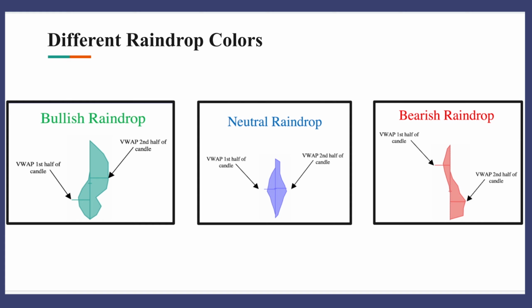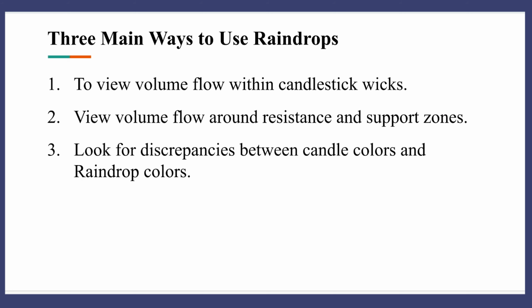And this would be no different than your close with this right bar lower than your open, which is the left bar. So there's really 3 ways to use raindrops: looking at volume flow within candlestick wicks, viewing volume flow around resistance and support zones. And as I mentioned, we do have the technical analysis series, which goes over this. We have a ton of different videos on how you can utilize raindrops and going over all 3 of these